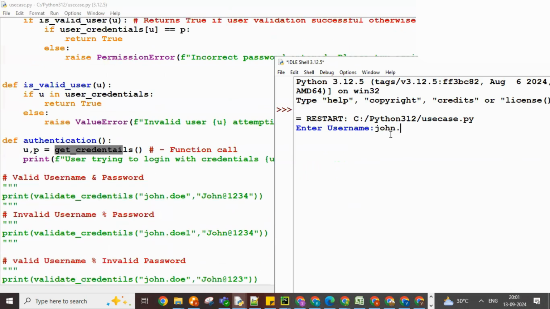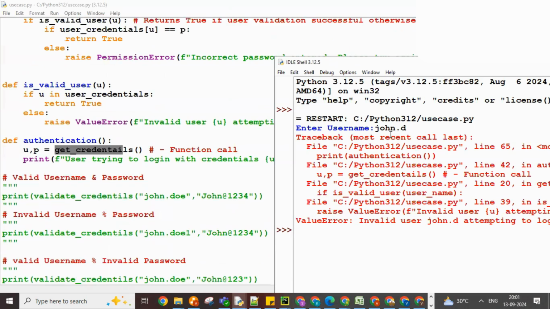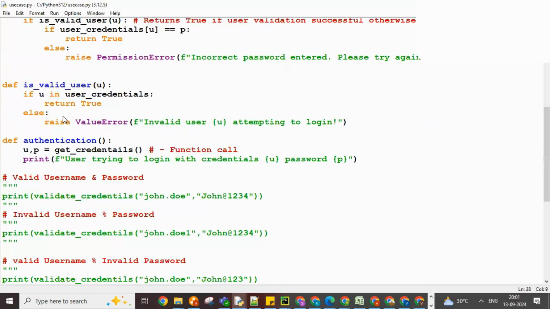John dot D, for example. Did you see? It will not allow. So generally in the UI, when there is an invalid user, we will send the response back to the user saying that the username is incorrect. Got it? So we will pump this information back to Splunk. Also, we will return saying that the username is incorrect. Or instead, you can write a print statement here. Make sense? If I execute this